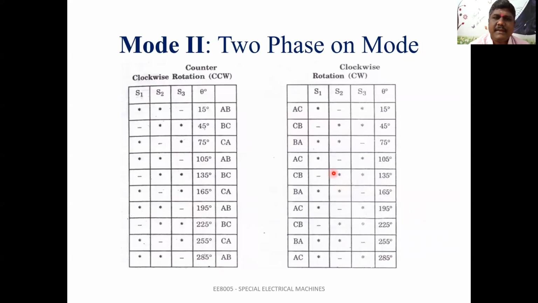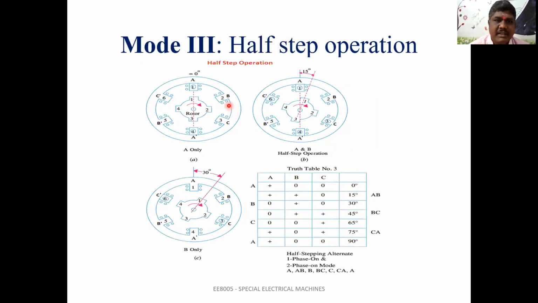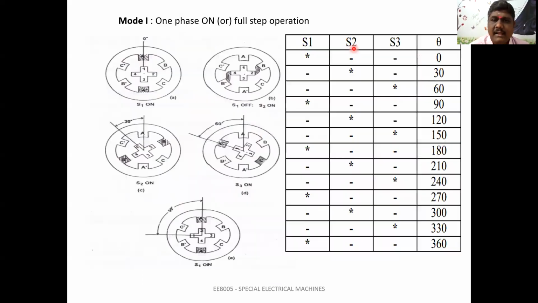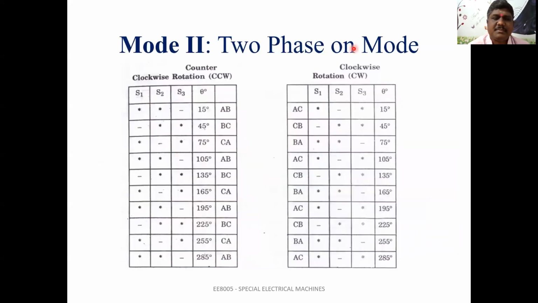And the phase 2 is very simple, I think. Instead of one phase, I'm giving two phase excitation. One phase excitation I just gave, and now two phases, A and B, that is S1 and S2, I'm giving. So S1 S2 I'm giving, that will be A B phases energized at 15 degrees. First we choose S1, that will be 0, S2 that will be 30 degrees for only one phase excitation. If you go for two phase excitation, the force will act in between, at 15 degrees.